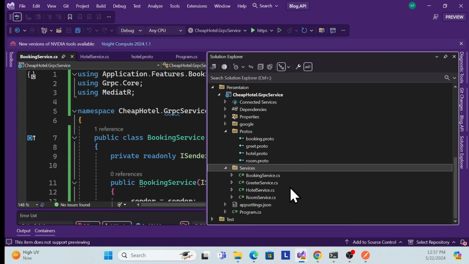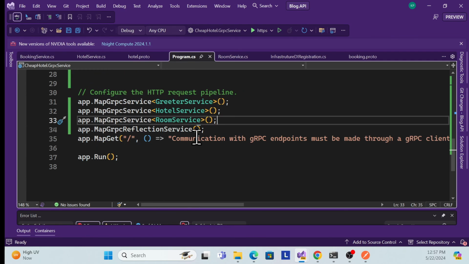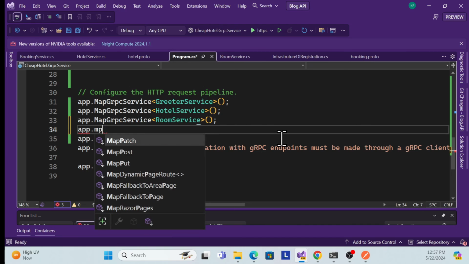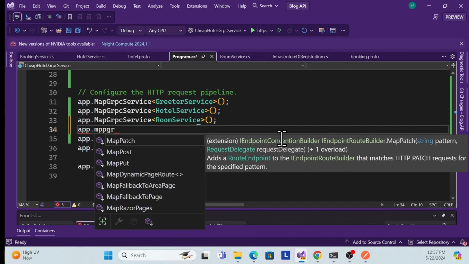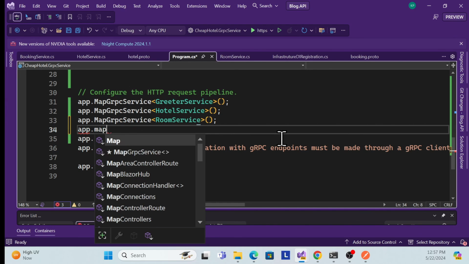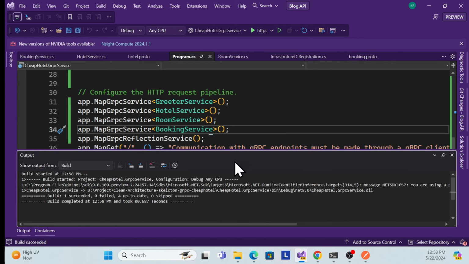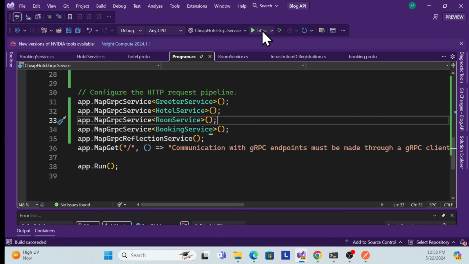Now don't forget to add this newly created service in our mediator pipeline, right? So add it over here, middleware pipeline, map gRPC service, and what is that? It is the booking service, right? Add that. That's it. Now build it. See, is there any issue? No, there is no issue. And run it